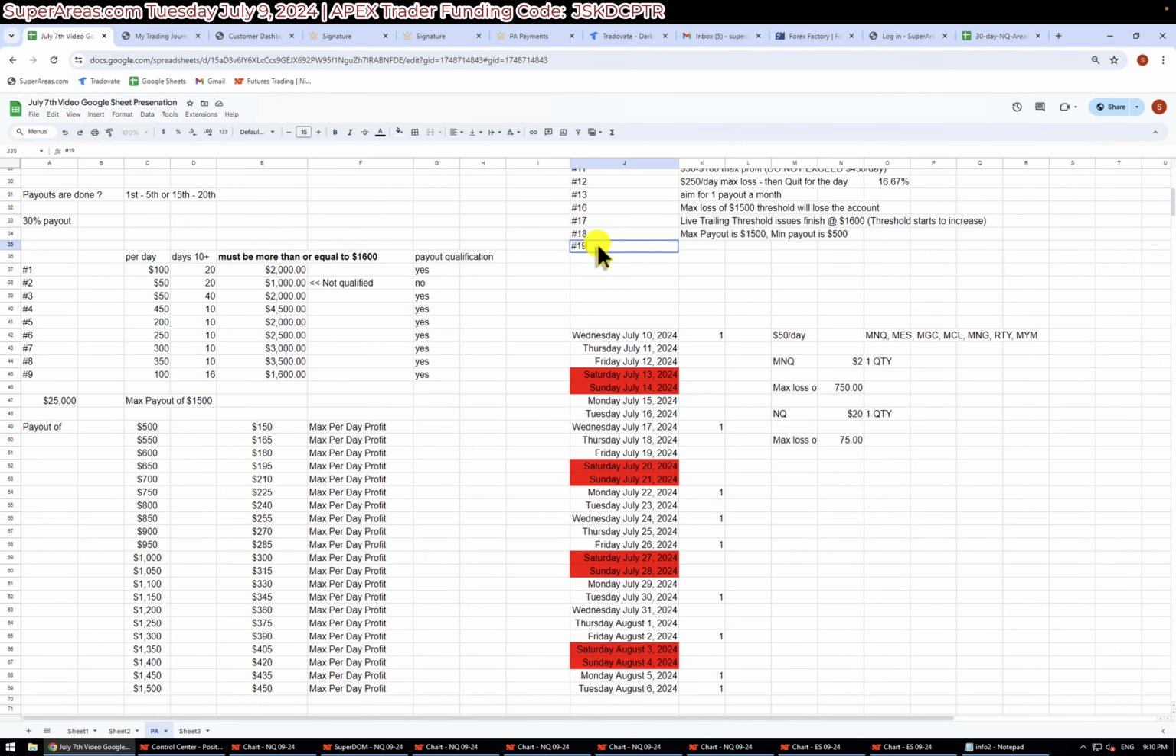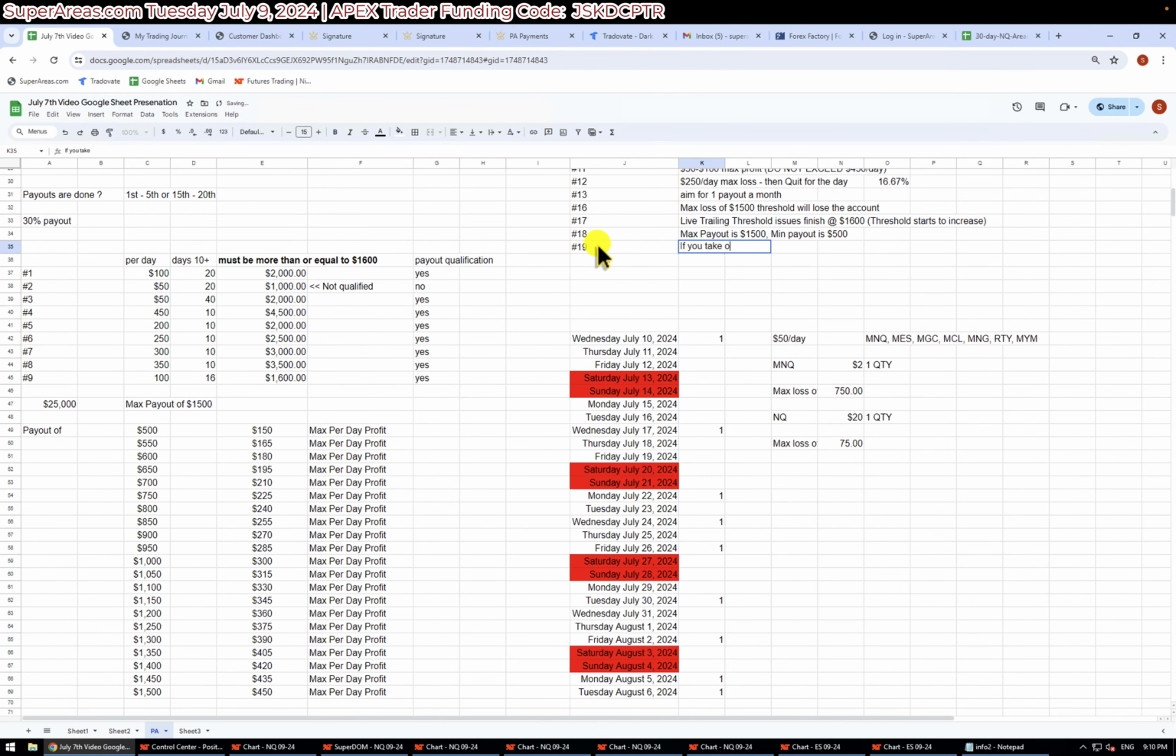Another thing to add: if you take out from your PA payout the $1,500 maximum you're allowed to take, then your account balance would become technically $100. So your threshold is finished, your account is technically finished. So if you take the maximum payout, then you will have the remaining